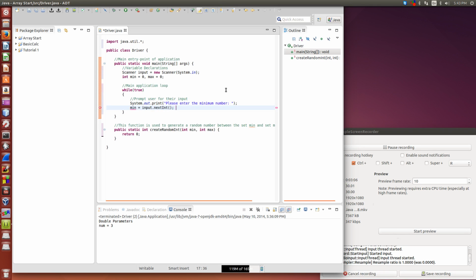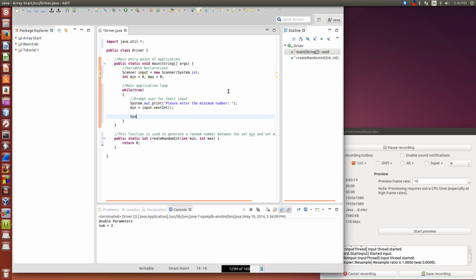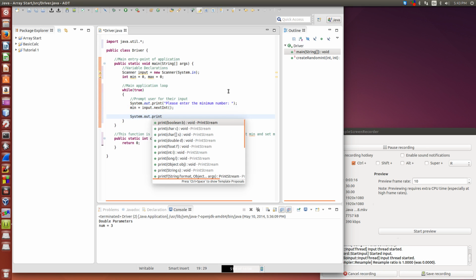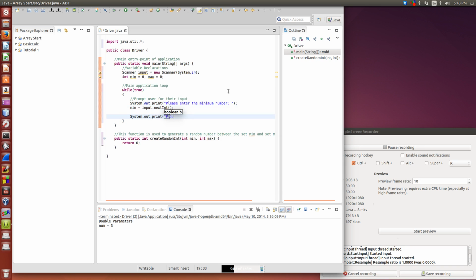So all we're doing there is saying, hey, enter the smallest number that you want to generate between, and we're going to store it in our integer value min. Then we're going to do System.out.print